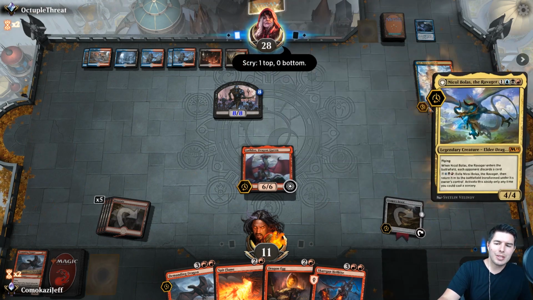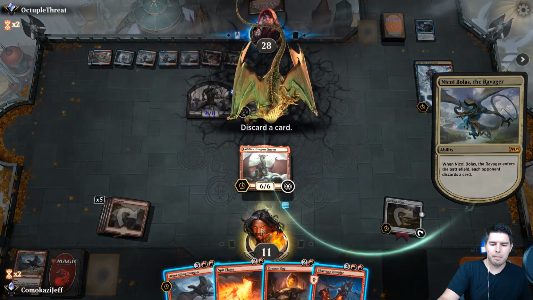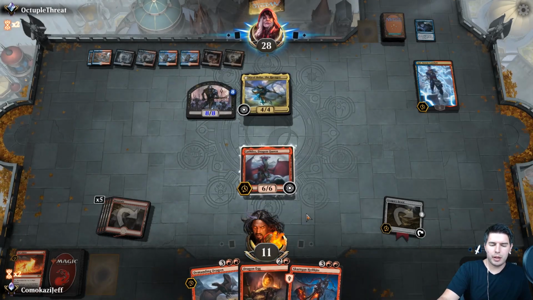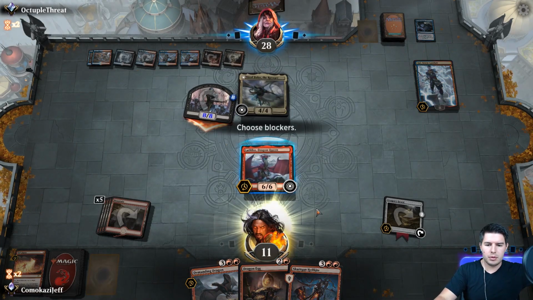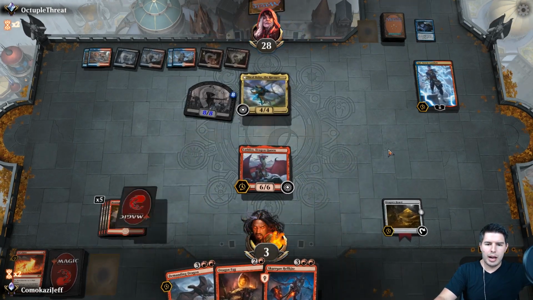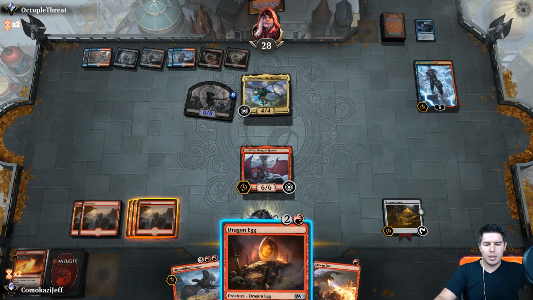Again, the scries are really good for them. All right, there's Nicol Bolas. Makes us discard Spit Flame. Yeah, let's discard Spit Flame. A little bit awkward here. Swings in, no blocks. If we get to untap with this, we have a pretty good chance. All right, so let's...